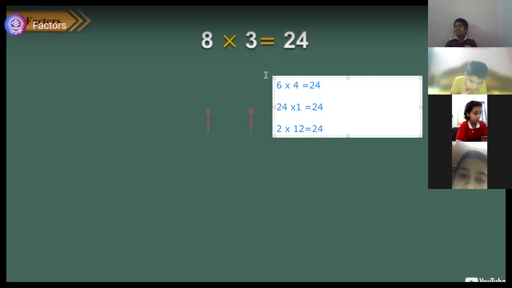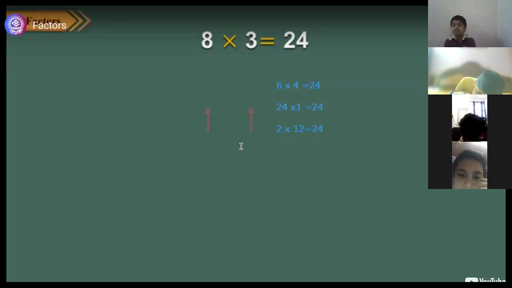So these are the different combinations which we can find out. Is it clear? Yes, ma'am. Okay, beta. So now we are going to find out. And you know why ma'am has found this combination? Because this is the way to find out the factors. Okay. And how we are going to do it? Please watch the video carefully. Okay, beta? Ma'am is just going to undo all the things. One second.